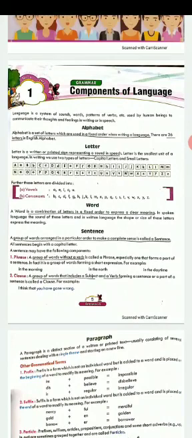Then a sentence is made up of 2 components, 2 parts. The first is a phrase and second is a clause. Now you need to listen to this carefully. A phrase is a group of words. There may be 3, 4, 5 words. But remember, a phrase never has a verb. You will never find a verb in a phrase.